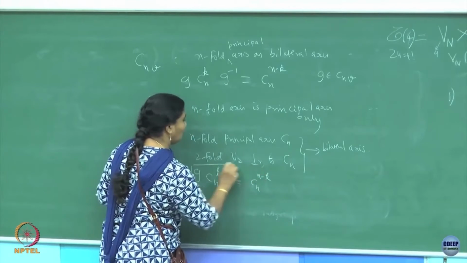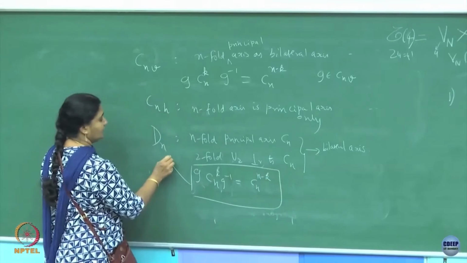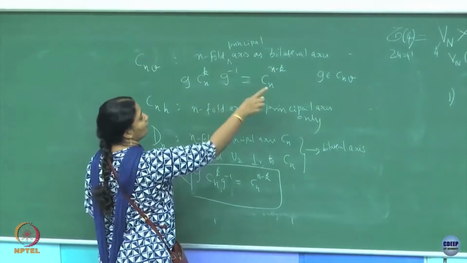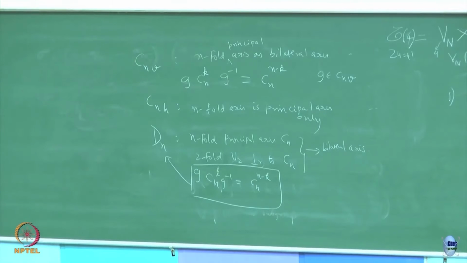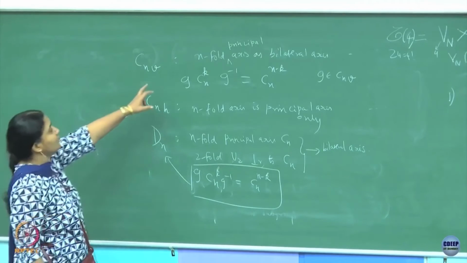So this is true for the Dn, this is true for the CnV. Once you have a bilateral axis you can show that the elements are conjugates to each other. Which elements are conjugate? C_n^k is conjugate to C_n^(n-k). If you did not have the mirror plane,